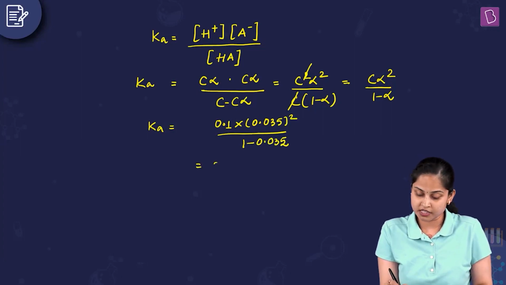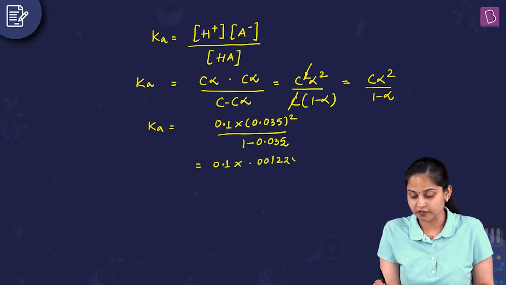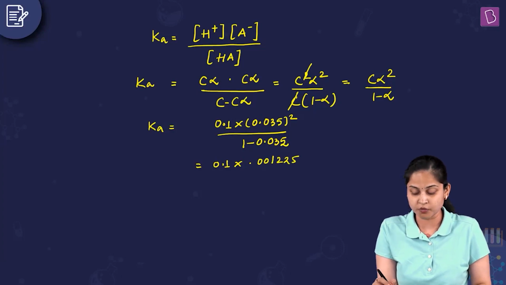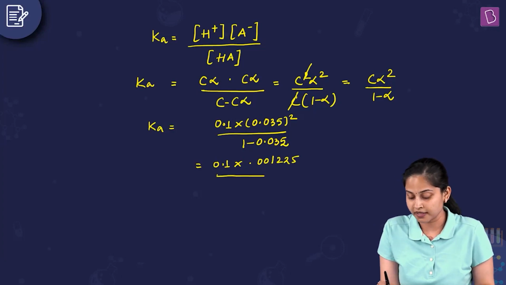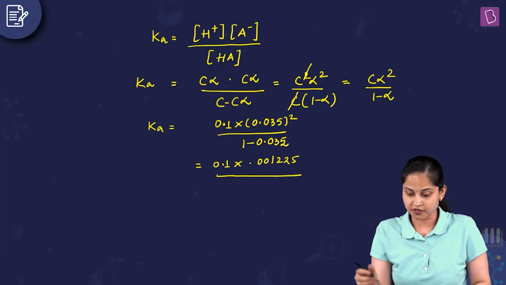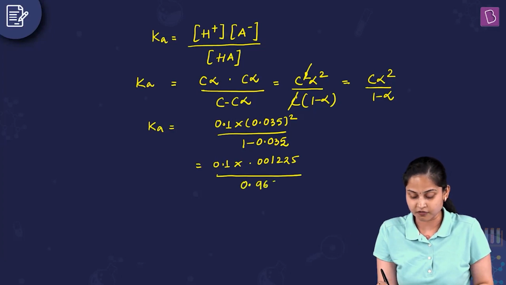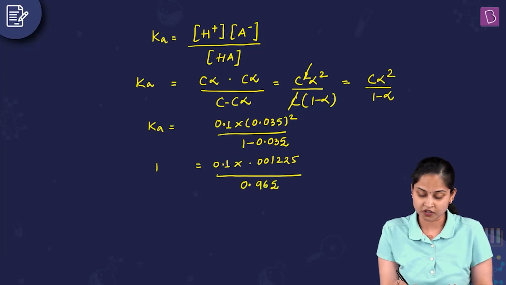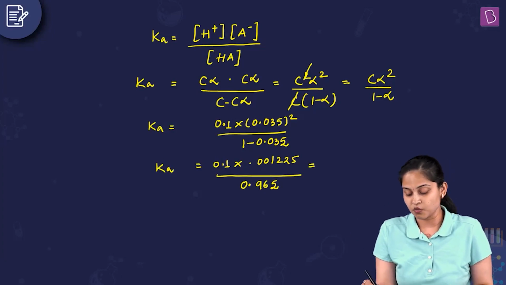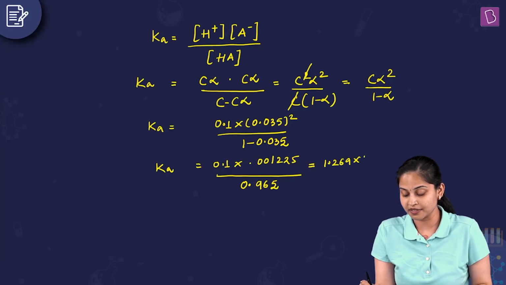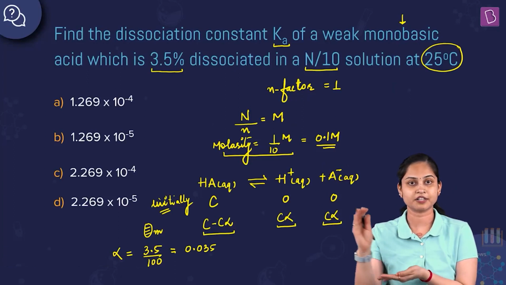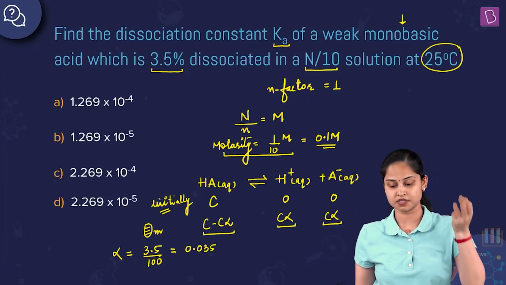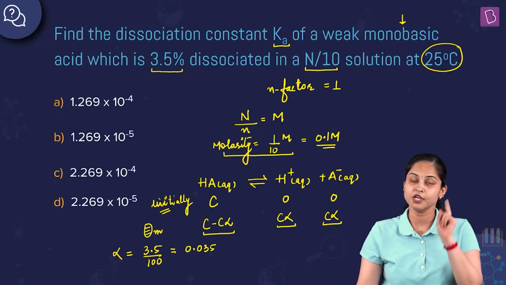So it's 0.1 multiplied by 0.001225, because when you square 0.035 you get 0.001225, and 1 minus 0.035 becomes equal to 0.965. Okay, take the approximation and you'll get your answer equal to 1.269 multiplied by 10 raised to power minus 4. 1.269 multiplied by 10 raised to power minus 4 is the dissociation constant Ka value for the weak monobasic acid